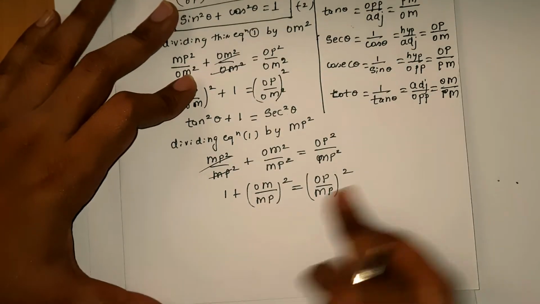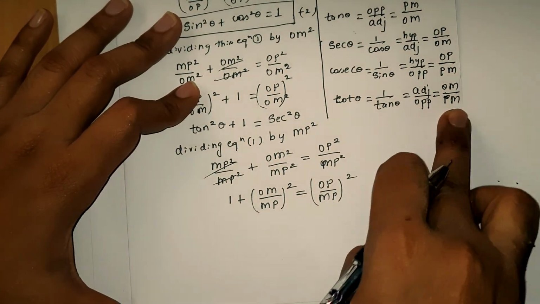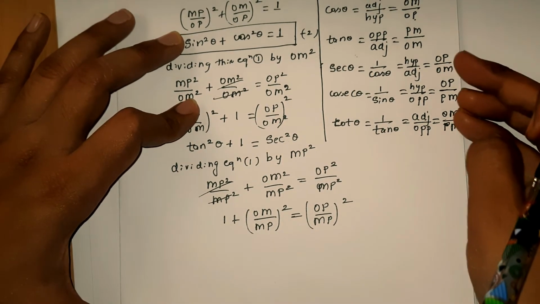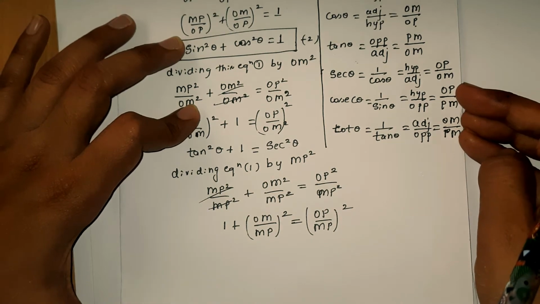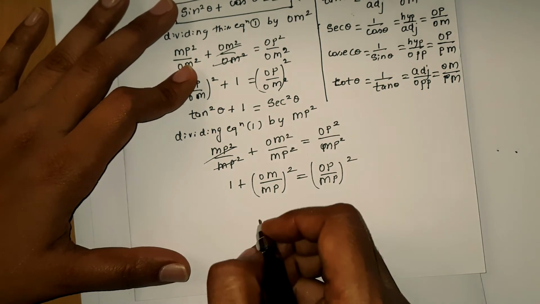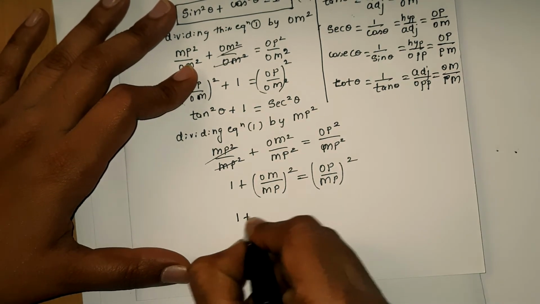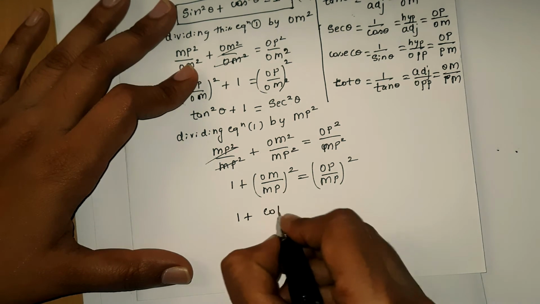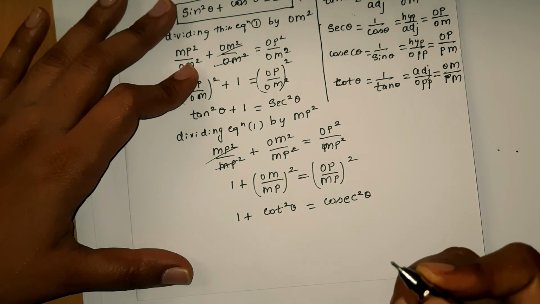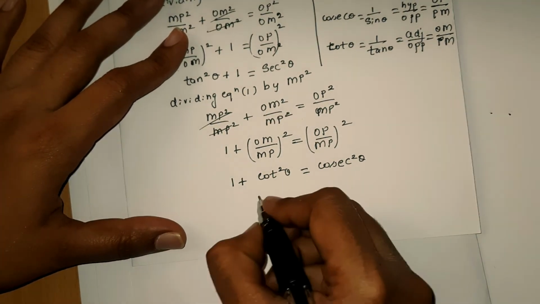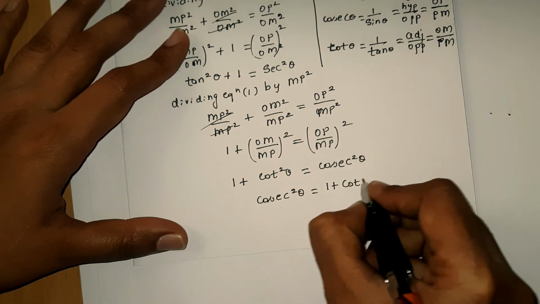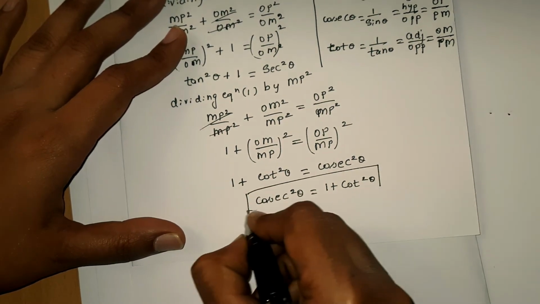So now just look at the trigonometric ratios. OM by PM or MP is equal to cot theta. In the same way, OP by PM or MP is given by cosecant theta. So now from these two, we can write it like this: 1 plus cot square theta is equal to cosecant square theta. Or we can write like this also: cosecant square theta is equal to 1 plus cot square theta. So this is the third